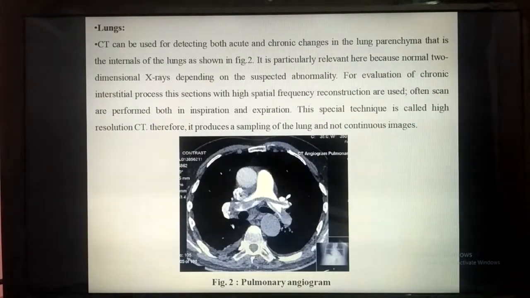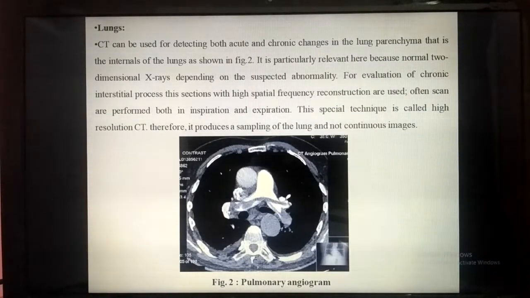The second one is the lung. CT scan can be used for detecting both acute and chronic changes in the lung parenchyma, that is the internal part of the lungs, as shown in figure 2. This is the diagram of the lungs. It is particularly relevant here because normal two-dimensional X-rays